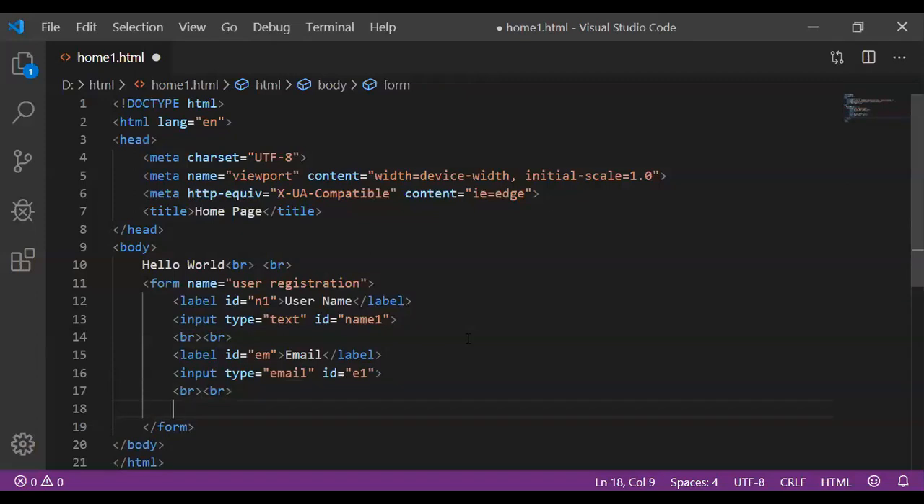Next, let's say a radio button. So Control C, the label. The syntax for the label remains the same. Label tag, ID. The value for ID will be different for every element. N1 was the ID for username. EM was for email. Now we have, let's say R1,